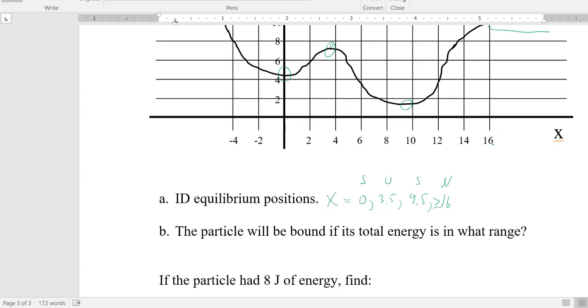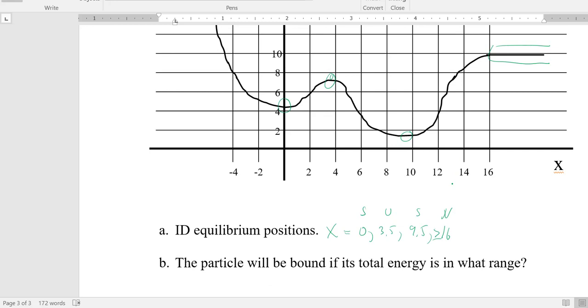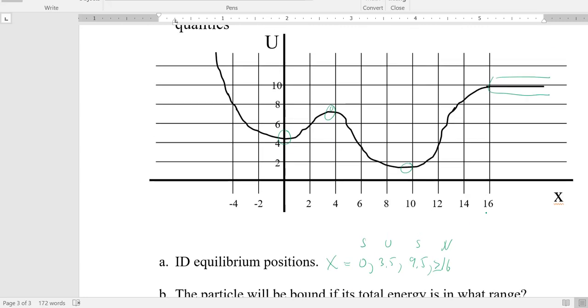The particle will be bound if its total energy is in what range? So here's a way to think of that question. What's the min and max energy the particle has to have and stay on this graph? Or you can think of it this way. Imagine you have a ball rolling around back and forth on this graph. What's the range of energy that the ball has to have to stay on this graph so it doesn't roll away on us, okay? Well, if I give the ball more energy than right here, which is 10 joules,